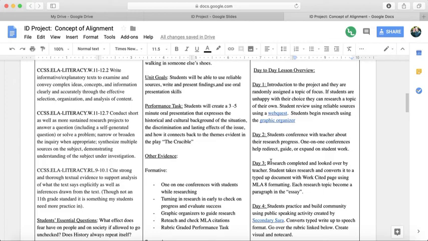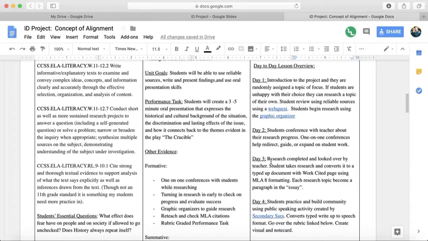And of course, they've read the play already. We've done the work for that. So this is really just working on that real world connection. So on day 1,